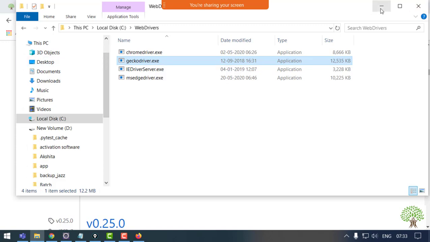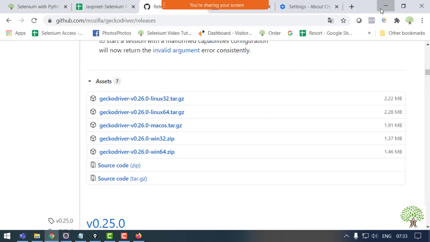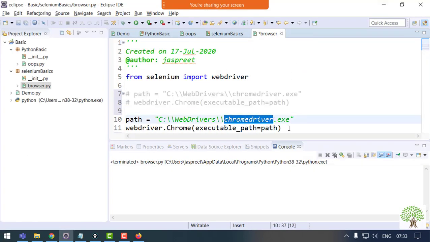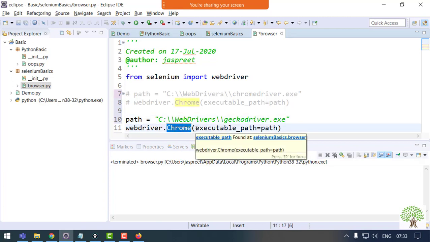Once it's available in your system, you can go back to your Eclipse and make the changes over here. You can change the name of the exe to GeckoDriver. And also, you need to make sure that the exe is of the same browser. Like if I'm giving ChromeDriver, then I must be opening the Chrome browser.